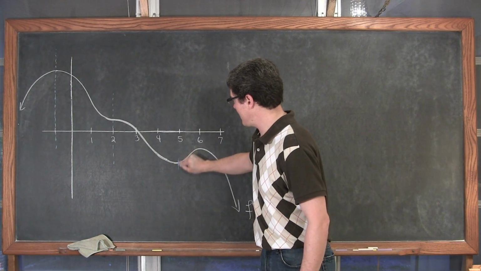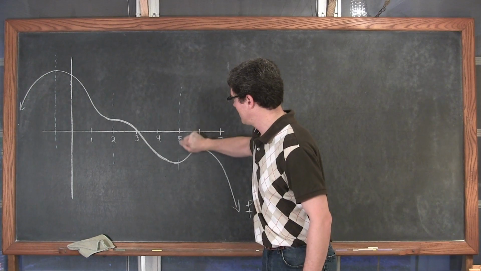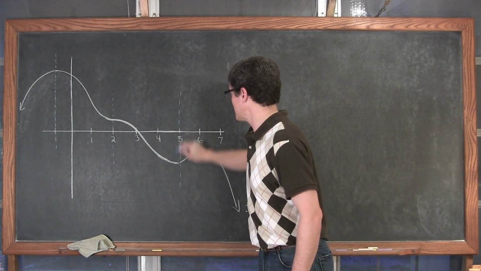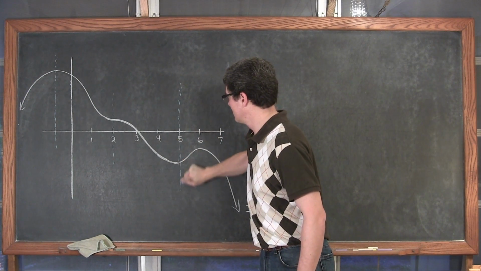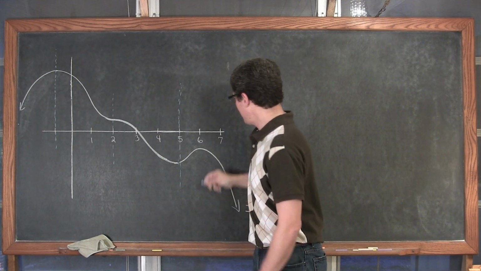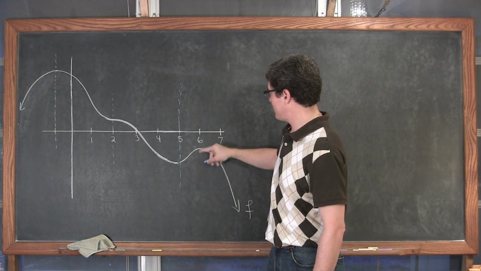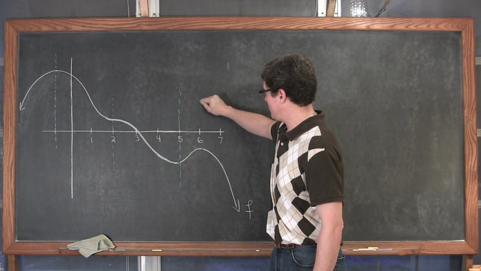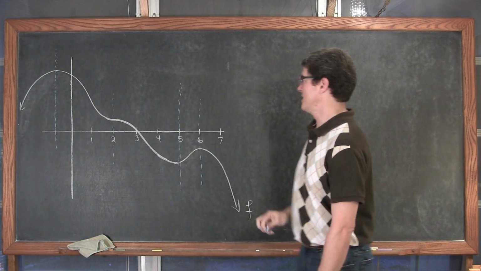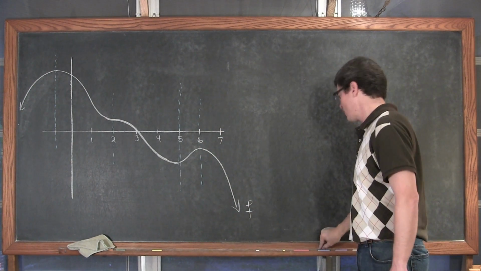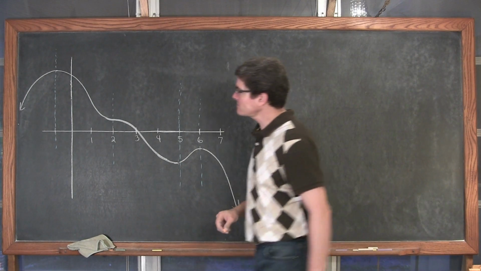Seems like we have a slope here for our original function at 5, and if it's not really 5, I'm going to kind of just cheat and say it is. And then it starts to rise and fall at the x value of 6. Okay, let's try and draw what could be our first derivative.